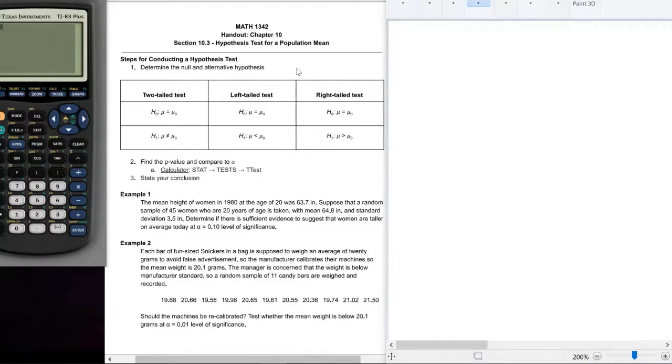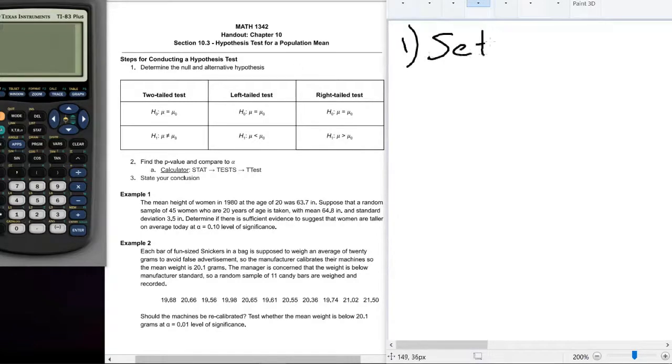So let's look at example 1. The mean height of women in 1980 at the age of 20 was 63.7. Suppose that a random sample of 45 women who are 20 years of age is taken, with mean 64.8 and standard deviation 3.5. Determine if there is sufficient evidence to suggest that women are taller on average today at alpha equals 0.10 level of significance. Okay, so let me show you how we set up this hypothesis test, gather the evidence, and then we state our conclusion. So step 1,